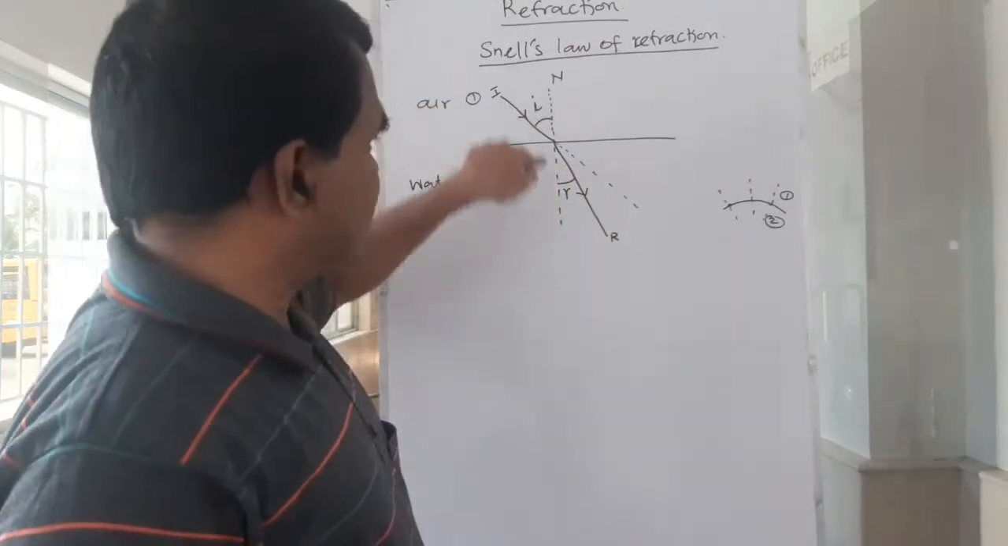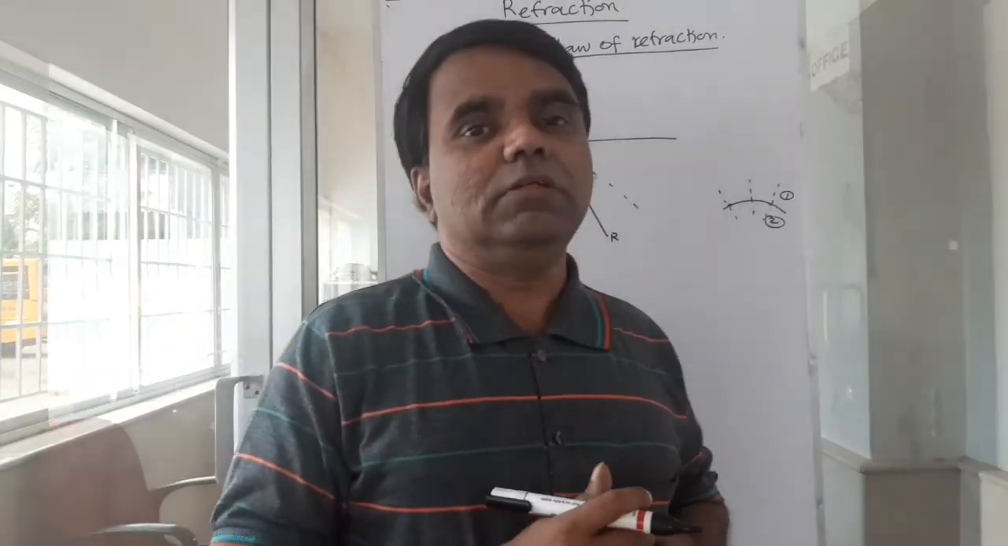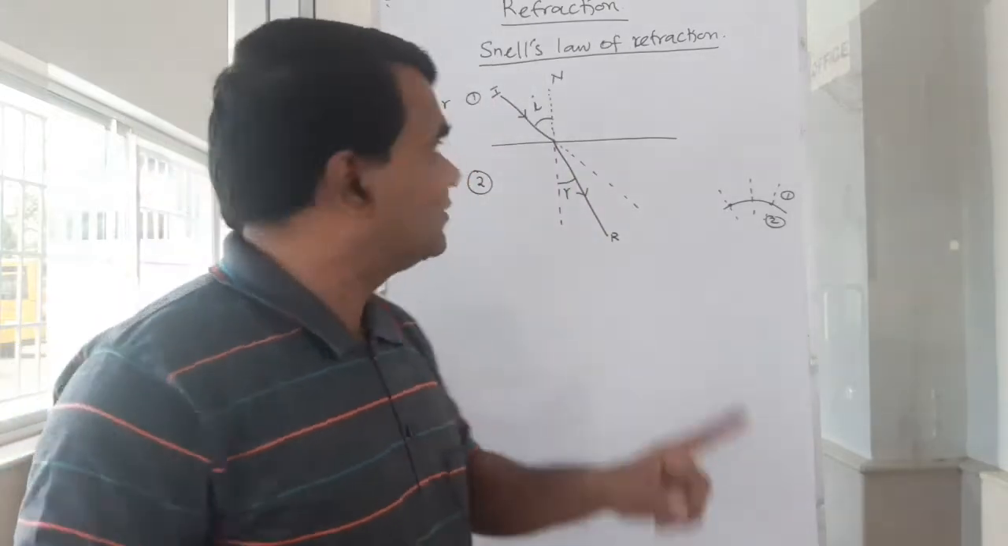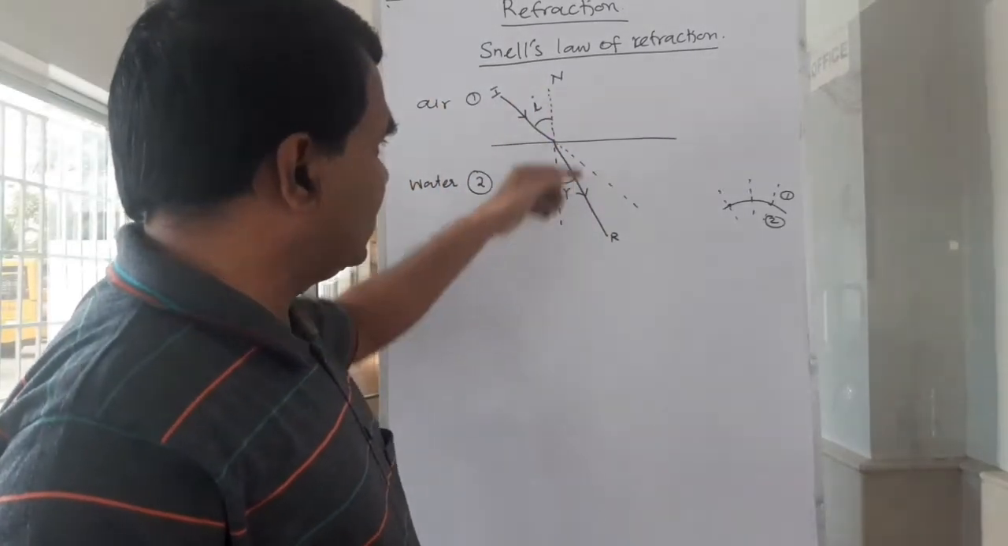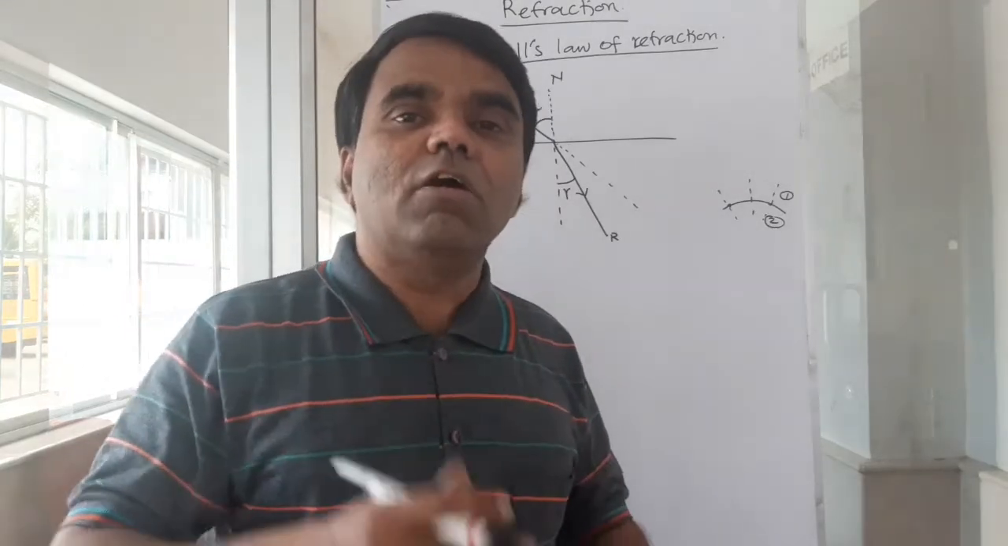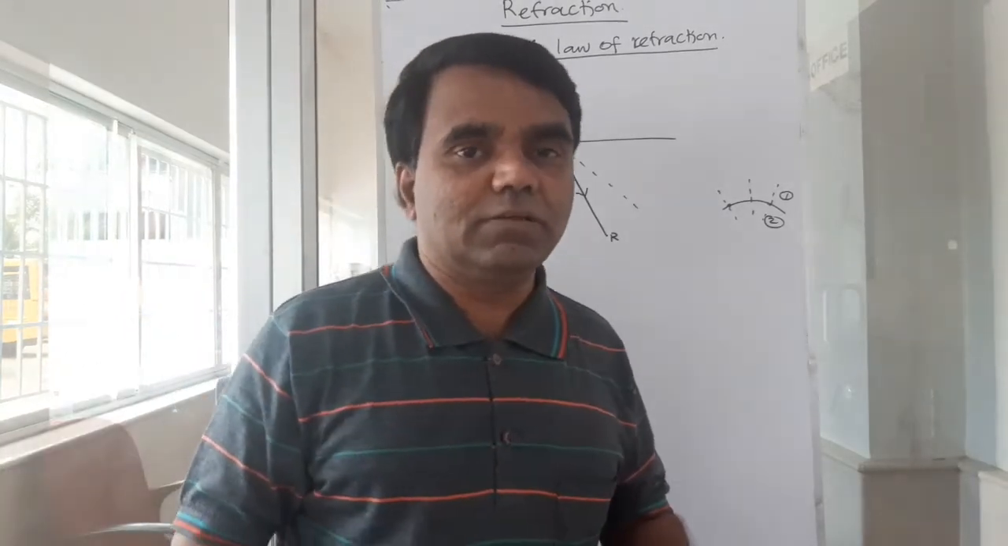So this is the angle of incidence and this is the angle of refraction. And just as we discussed in the case of reflection, these three, incident ray, normal and the refracted ray, must lie on the same plane. Meaning,